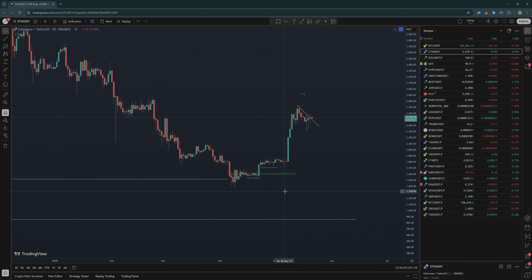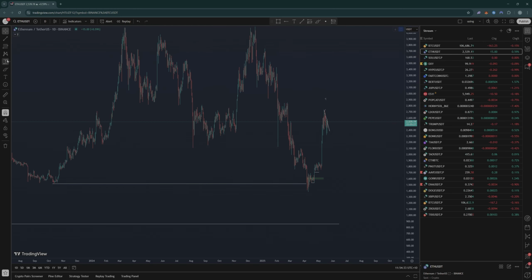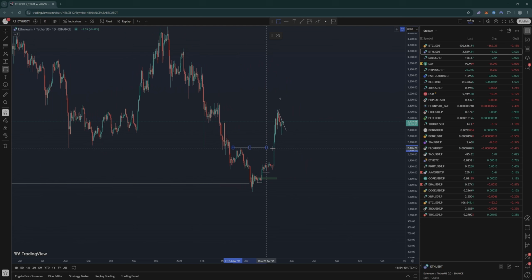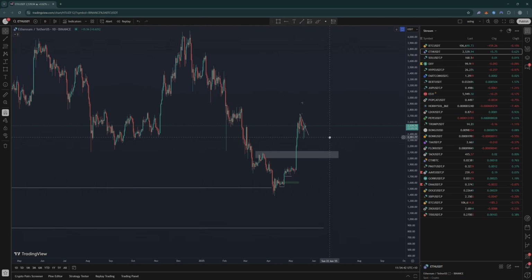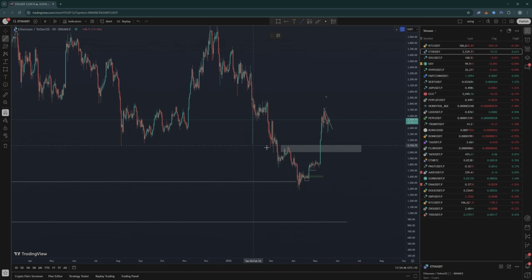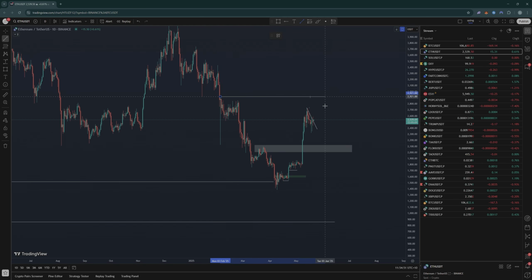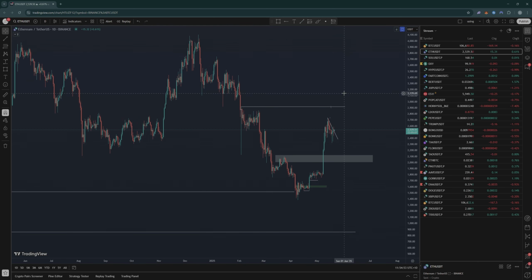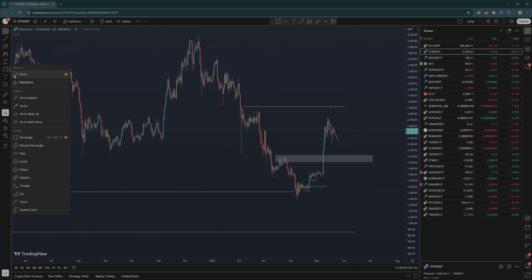So let me turn that down. The exact same thing that I just showed you with Bitcoin, I'm going to show you with Ethereum. So we have a sweep of that low and then a break in structure, okay? So we have started to reach up into resistance here. We're reaching up into this consolidation. I do think the more obvious objective for price to reach towards before any kind of deeper retrace is around 3,000. So let's just keep that level marked.